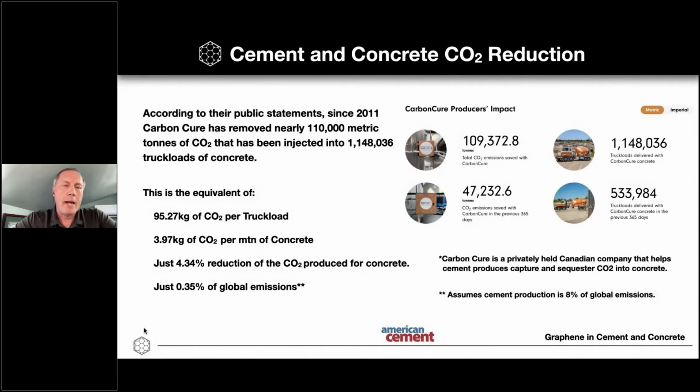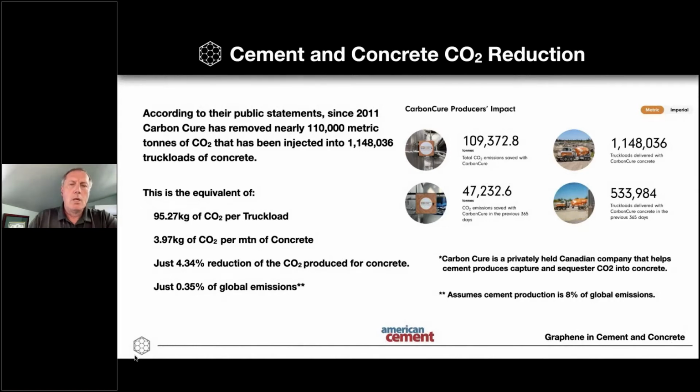And working backwards, that represents a reduction of about 4.3% of the CO2 that was produced in the cement for that same amount of concrete. And then this works it backwards to 1/3 of 1% of the global emissions. And while this is laudable, and we certainly are in favor of this approach, it still is not a significant reducer of carbon